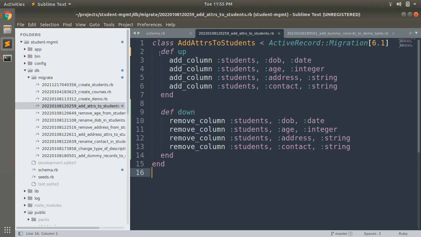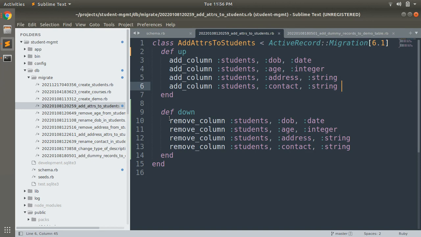You can write the code that should be executed while running the migration inside the up method, and the changes you want to apply when you roll back the migration, you can directly write into the down method. This was used in all the Rails versions before Rails 4.x.